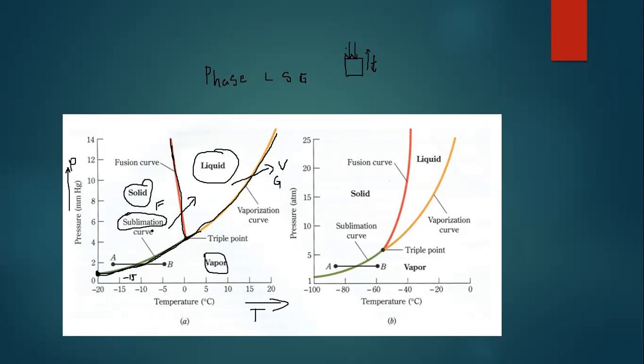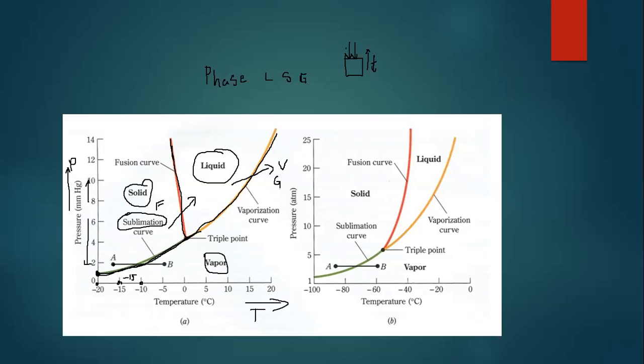Now with sublimation, if you reduce the pressure, pressure is going up in this way, but if you reduce pressure at a very, very low temperature, such as minus 20 degrees or minus 15 degrees or minus 10 degrees, at that very, very low pressure,